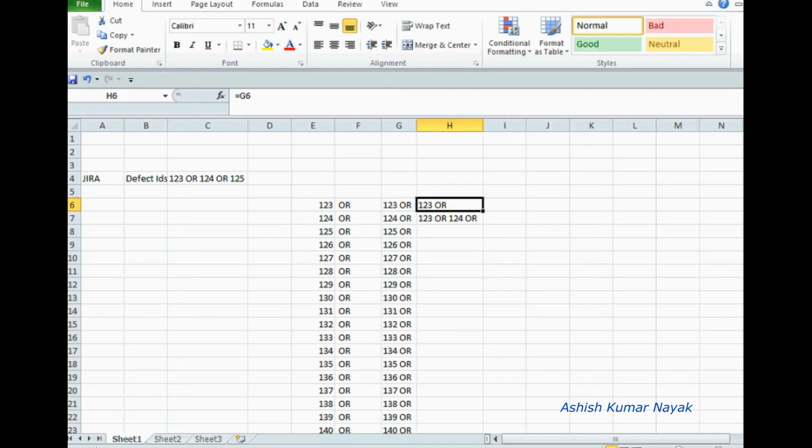Now this value 123 OR, 124 OR, these two are concatenated. Understood? This one I am highlighting, this one highlighting.